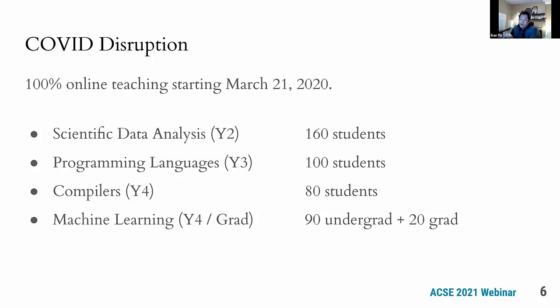I teach 4 courses per year, 2 in the fall and 2 in the winter. I teach data analysis, programming languages, compilers, and machine learning, ranging from year 2 to graduate level. And you see the number of students are in the double-digit range. So in all, I deal with about 400 or so students,